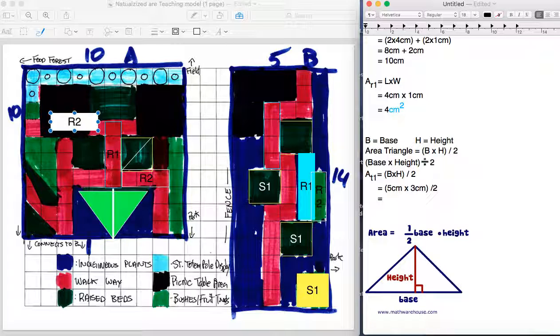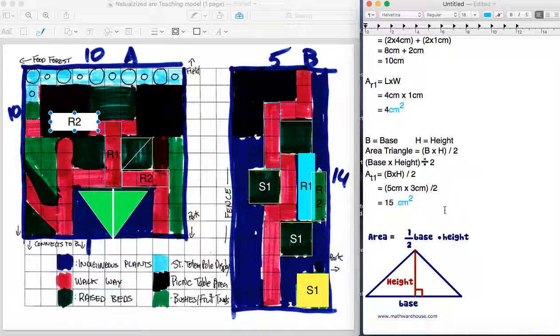Now guys, we're right back to our very first unit of order of ops. What is 5 times 3? It's 15 centimeters. Now is it going to be centimeters or centimeters squared? What is it that we're actually calculating? Area, so it has to be centimeters squared, and we divide that,